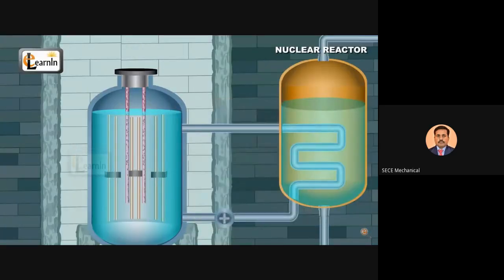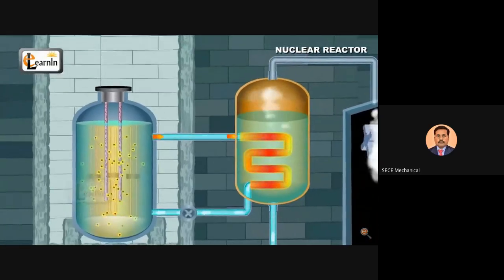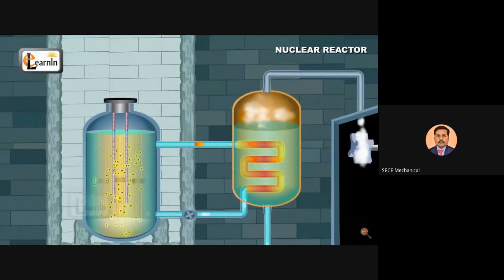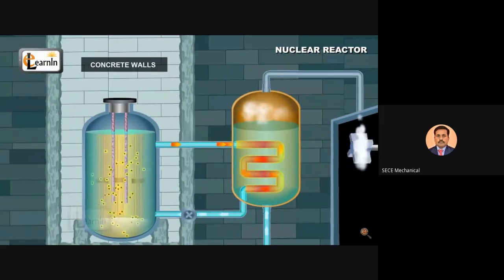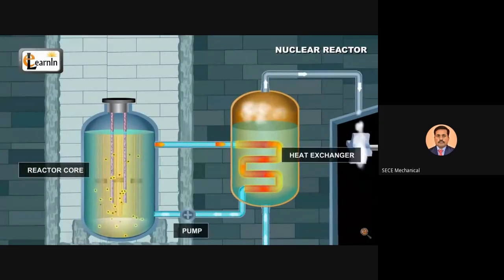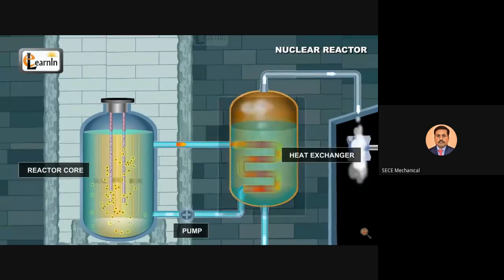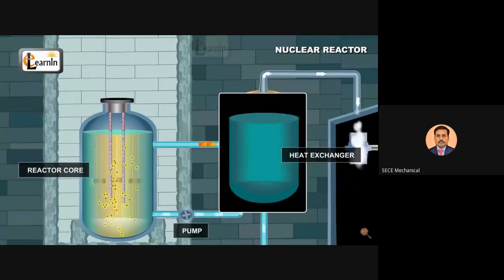Now that we know the components of a nuclear reactor, let's understand the working of a nuclear reactor. It's usually enclosed in a shield made of thick concrete walls. It consists of a reactor core, pump, and heat exchanger. The reactor core and pump are placed in contact with the water, which is usually the heat exchanger in these